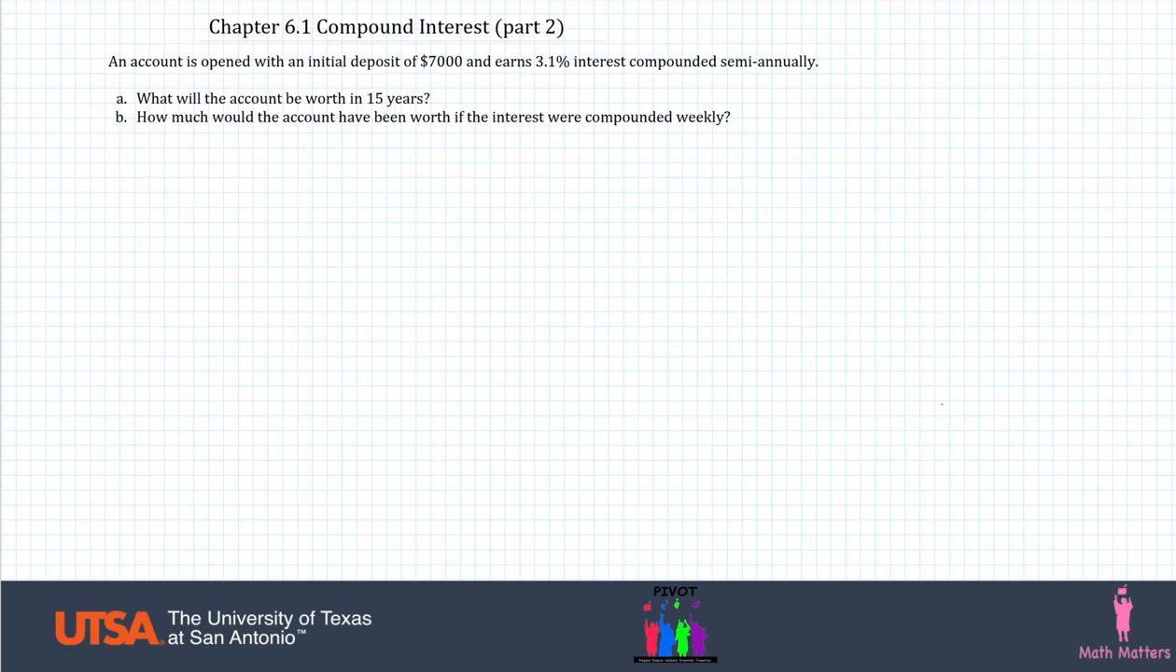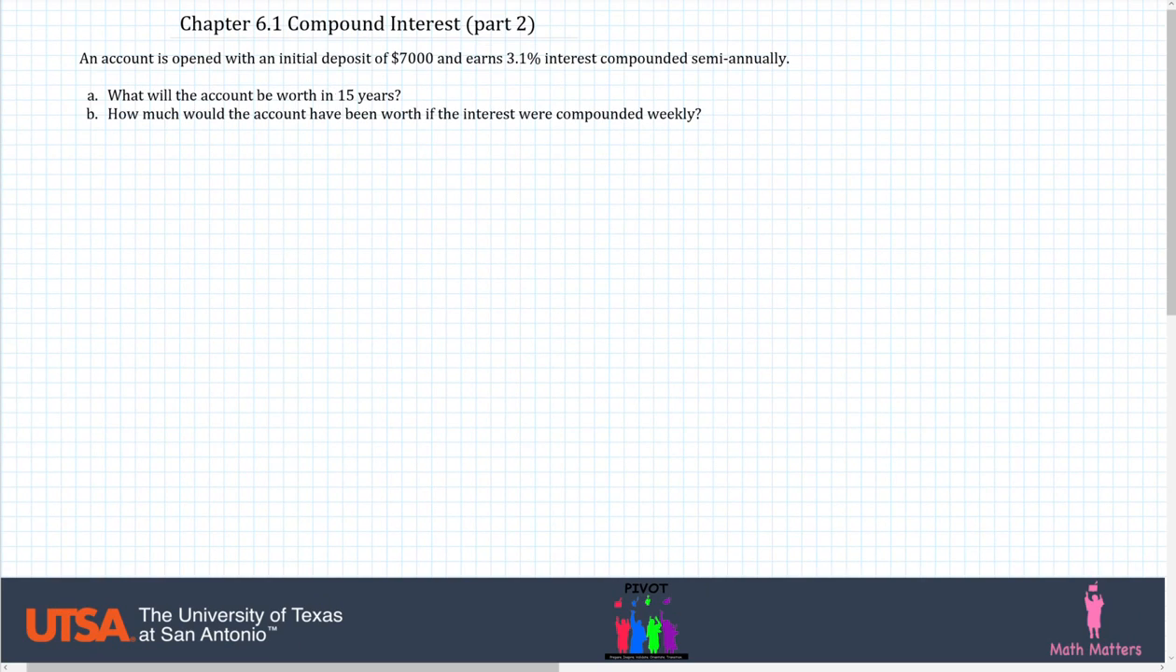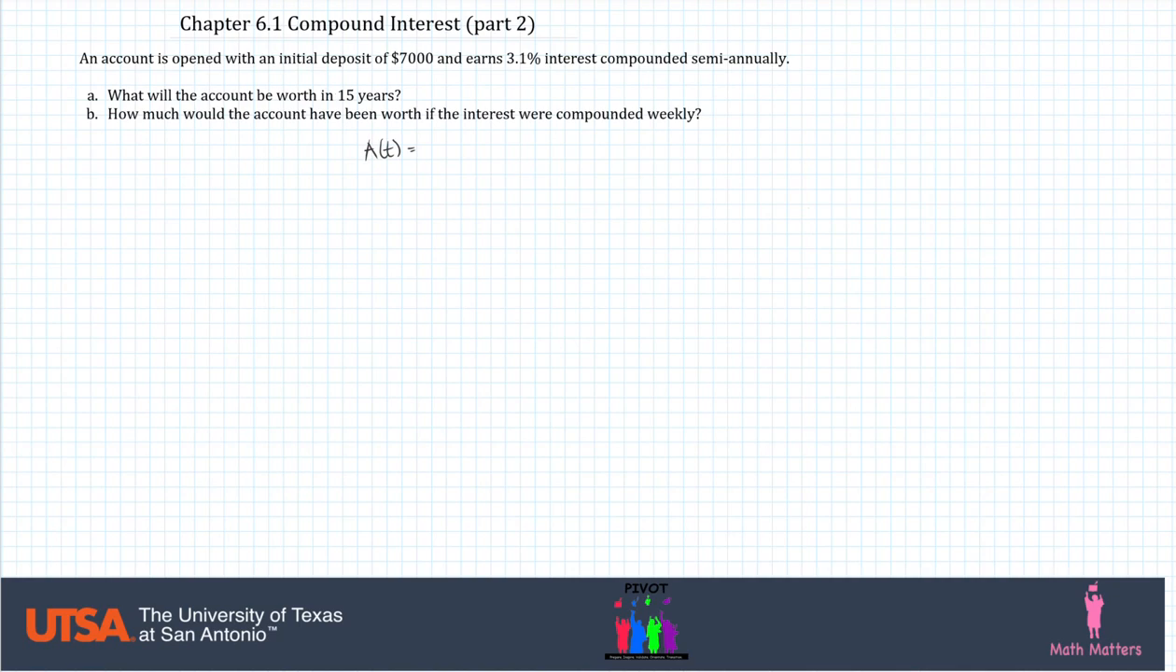Okay, so for this example, we're given different values. We still want to use the same equation, but now we're asked to solve for different variables. So our equation still remains A(t) = P(1 + r/n)^(nt). Then it says an account is opened with an initial deposit of $7,000 and earns 3.1% interest compounded